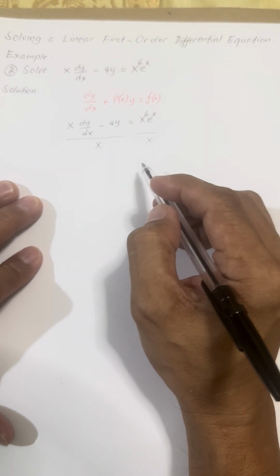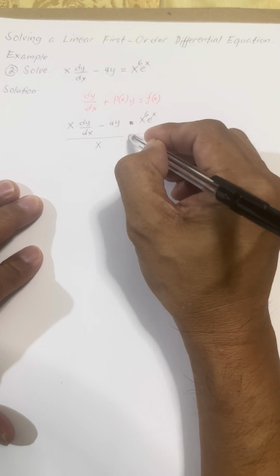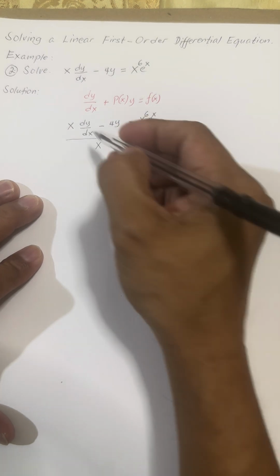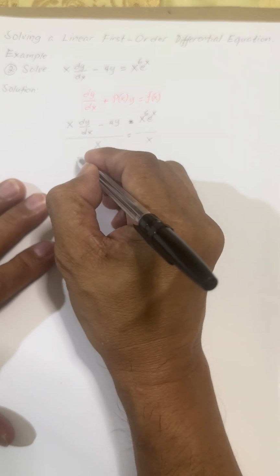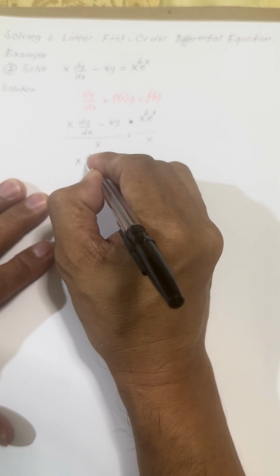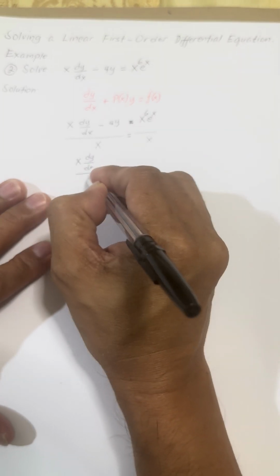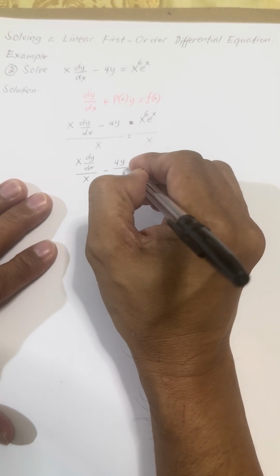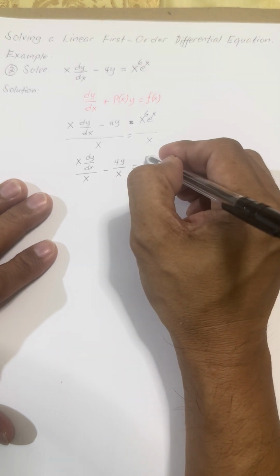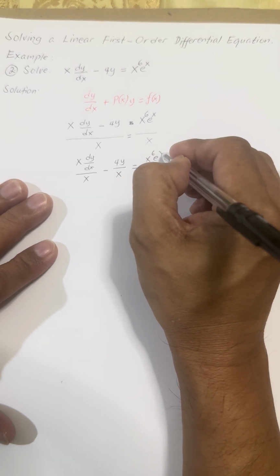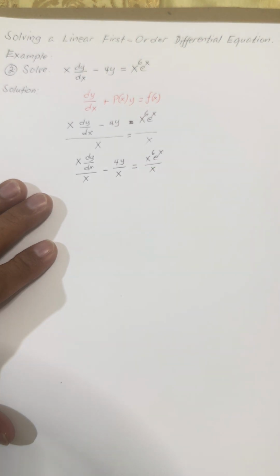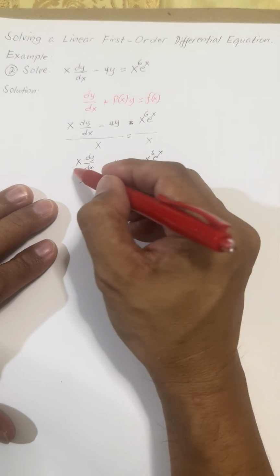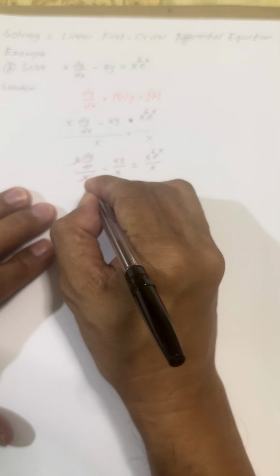Okay, let's transfer this equal sign here. We have two terms on the left side, so we have to divide each term by x. So this becomes x times dy over dx divided by x, then minus 4y divided by x equal to x to the 6th power e to the x divided by x. And now we can simplify. We have x at the numerator, x at the denominator cancels out, leaving only dy over dx